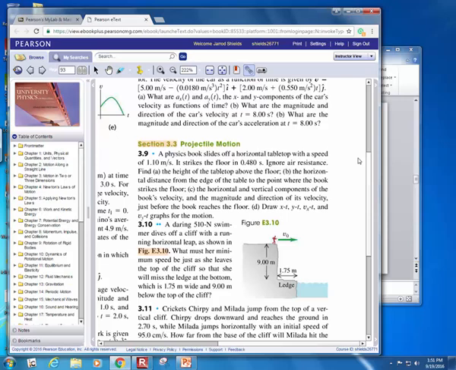All right, this is a typical physics problem right here. A book slides off a horizontal tabletop with a speed of 1.1 meters per second. We had a slide this morning that matches this perfectly. The ball being shot out of the projectile launcher matches this perfectly. It strikes the floor 0.48 seconds later. Notice it has a, now I hope you're listening and looking, a horizontal